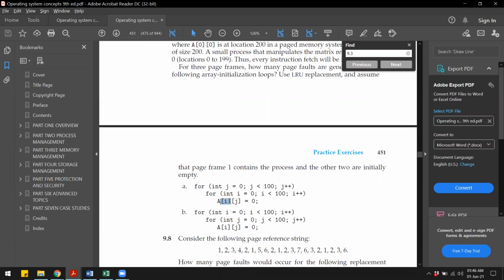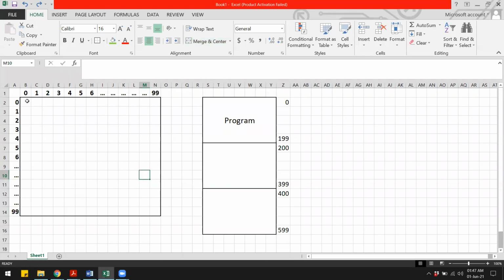So for every j, I goes from 0 to 100. When j is 0, I will go from 0 to 100, then when j becomes 1, I will go from 0 to 100 again. That means for every column, the row will change. So in part A, the array will be accessed column by column, something like this. Vertically.